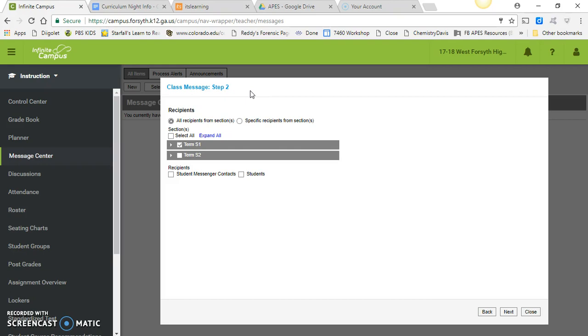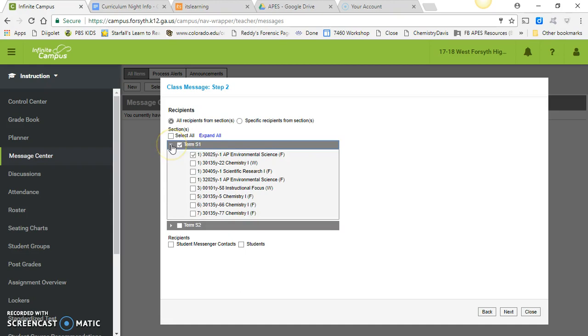So here's where you want to be really, really careful. You do want to make sure you're going to open up which specific semester you're in, if you're semester 1 or we're in semester 2. And then you should see all of our courses listed. So these are the ones that I teach specifically. It looks a little different for you. I only have one class of AP Environmental, but it's split into 2 sections. One for the regular roster, one for the gifted roster. So I want all of my students in AP Environmental to be able to get that, or at least their